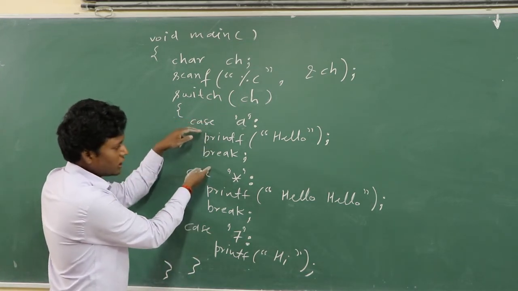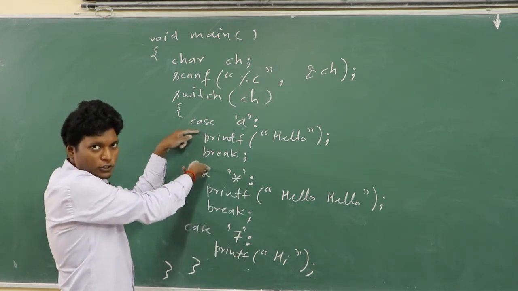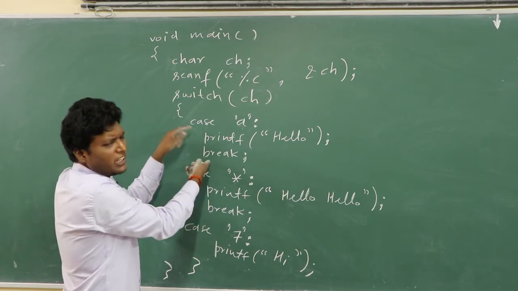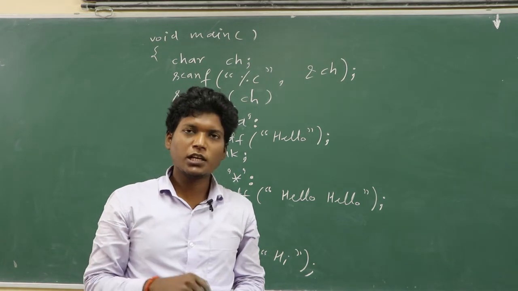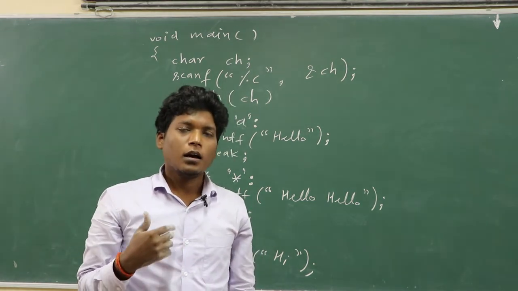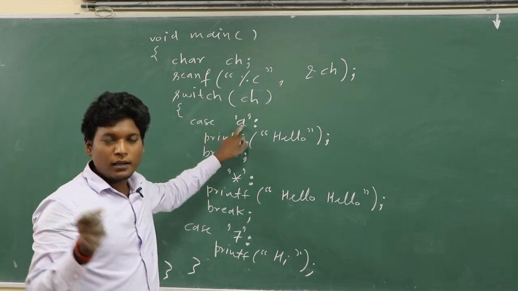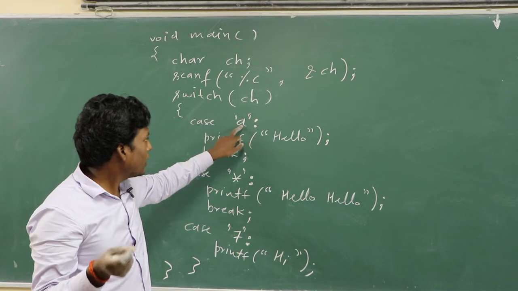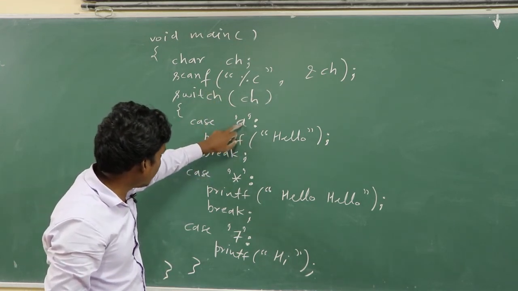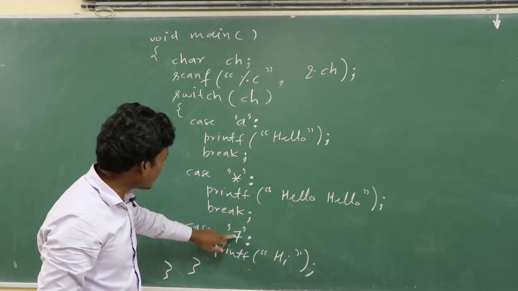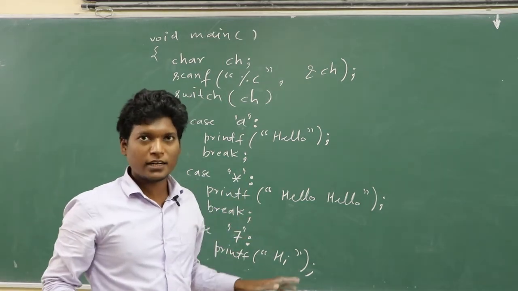There may be so many statements here. What you want to write, you may write anything, even a full paragraph, or calculate anything here. So each case may have any number of statements, and a case constant can be either an integer constant or a character constant. Here this is a program where the case constants are character constants. Previous programs had integer constants.